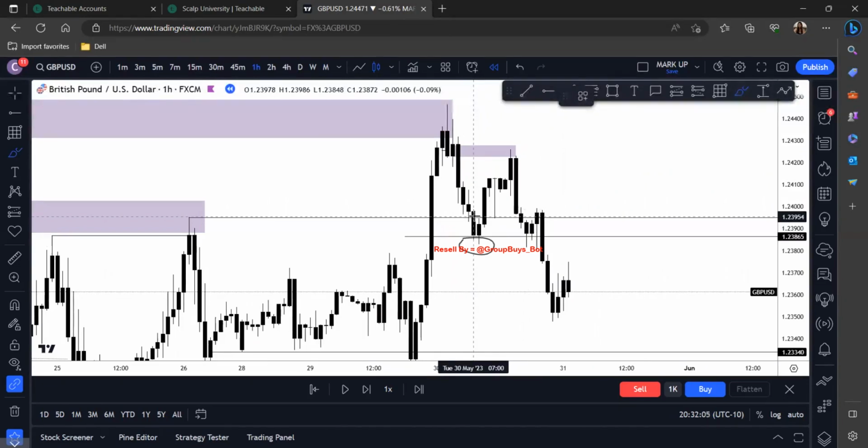But what we're currently seeing is when price tapped this POI right here within this 1 hour trading range, this low did not create a strong high. This high did not break the previous 1 hour high of the trading range. So what does that mean? It means this low is a failed swing low. And what do we know about failed swing lows? They are going to be taken and used as liquidity. They're going to be taken out again because simply they're not strong. If they're not strong, they're going to get taken out.